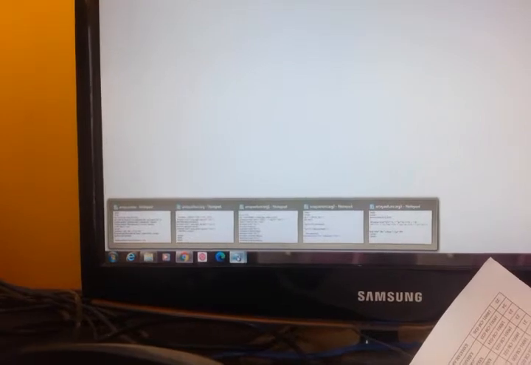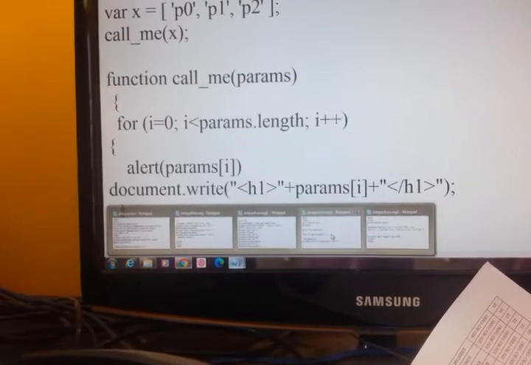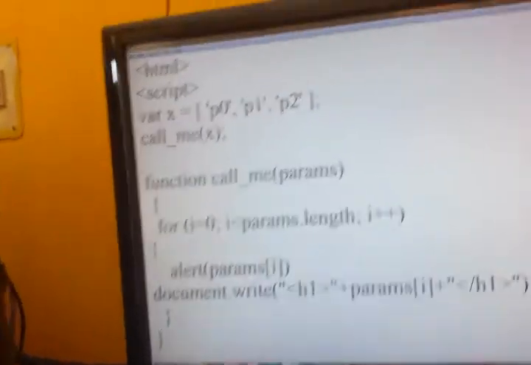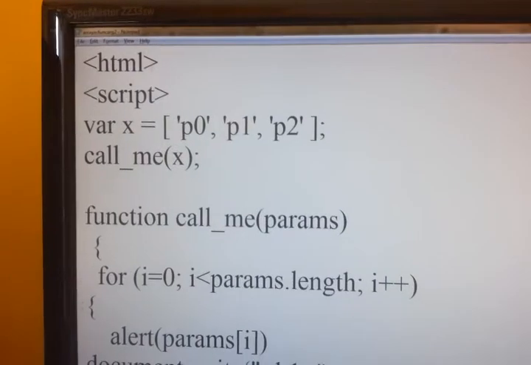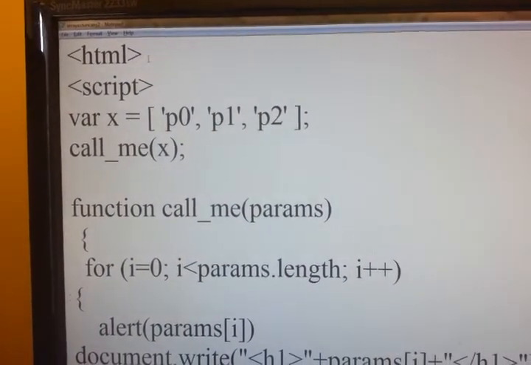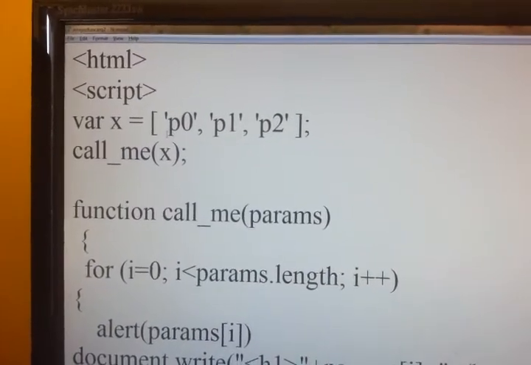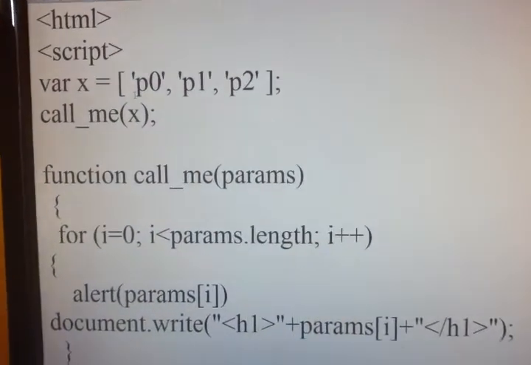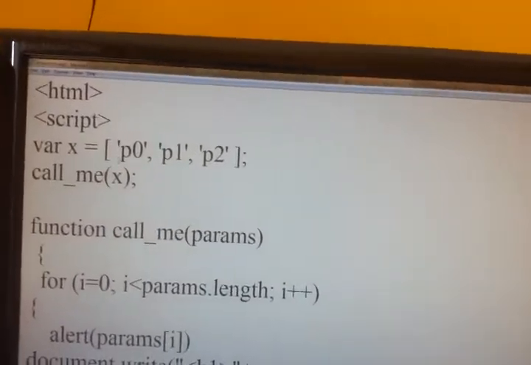And we will see some more on these arrays. This is another program on how to pass an array as a function argument, and then how to retrieve the elements.